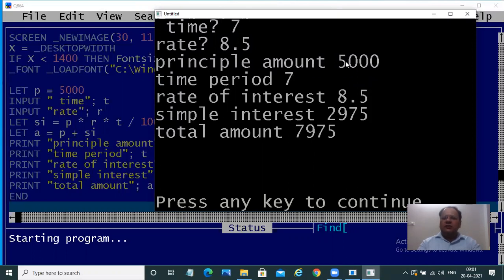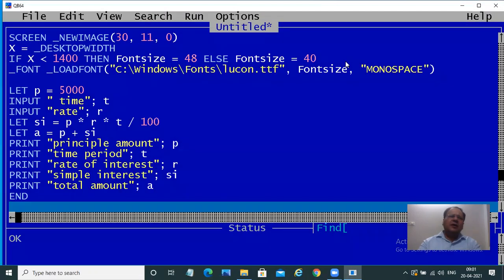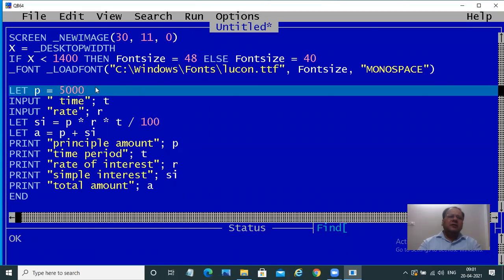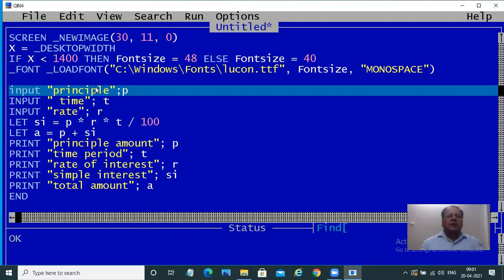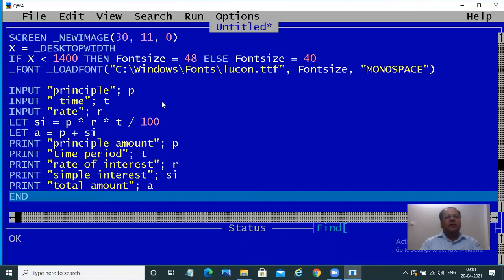So if I want to change the amount, now I'll make a little modification, and over here, all I'll do is, I'll use the input statement like I told you earlier. And I'll say input principal to P. Now by doing this, I have left this value as an open value where I can enter it.